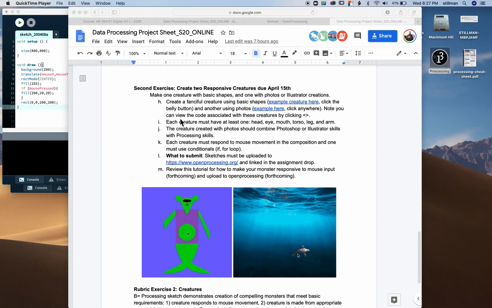In this recording, I'm going to go over how to have your creature be responsive to mouse inputs. And I'm going to start with just some basic shapes and concepts. And I'm going to think about this creature on the left here and note that you see the mouse moving